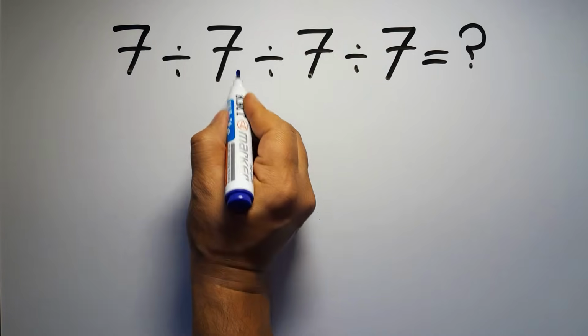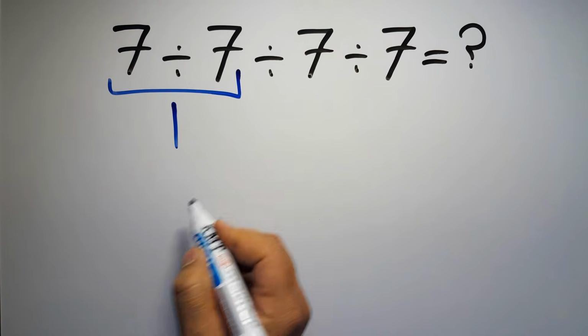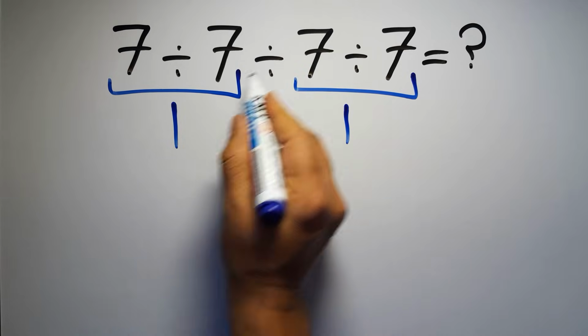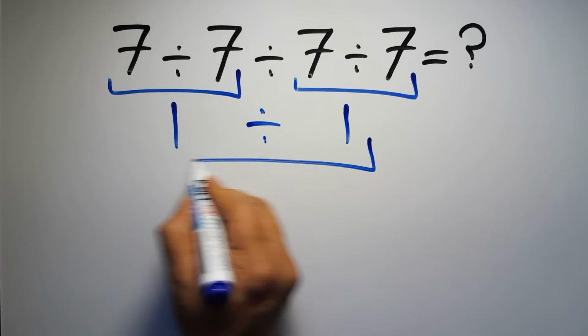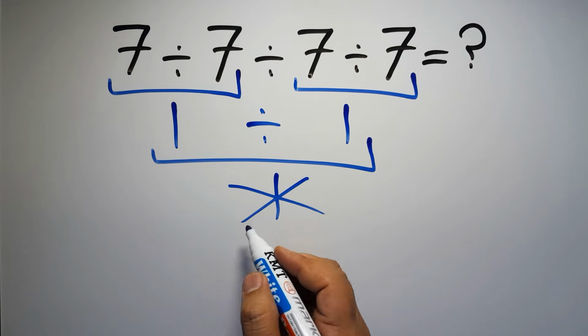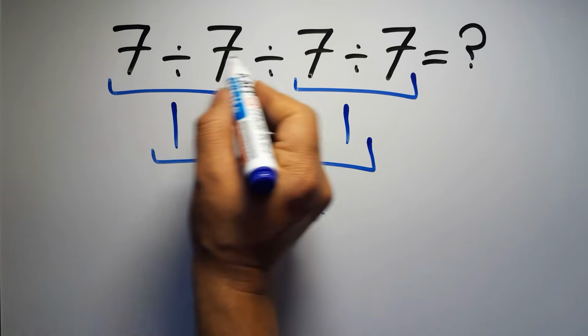7 divided by 7 equals 1. And again here we have 7 divided by 7. So 1 divided by 1, which equals 1. But this answer is not correct, because according to the order of operations, when we have more than one division